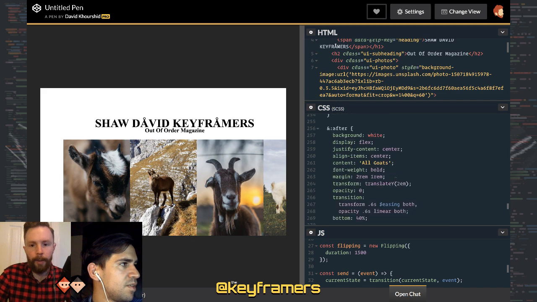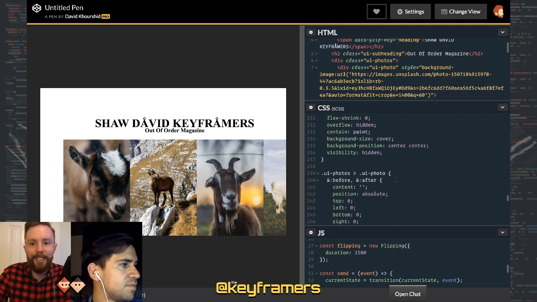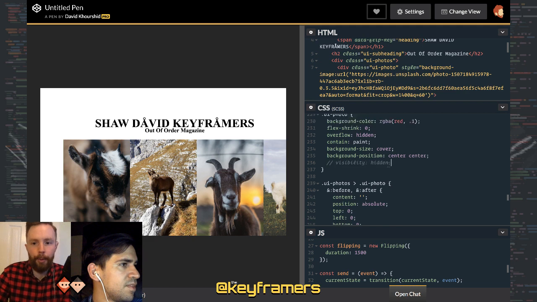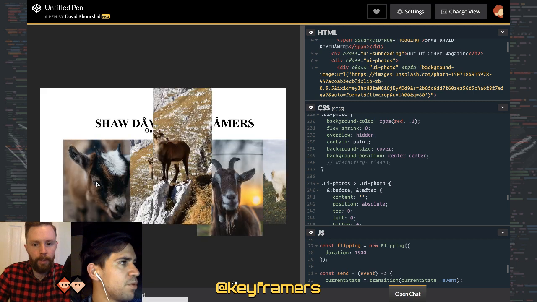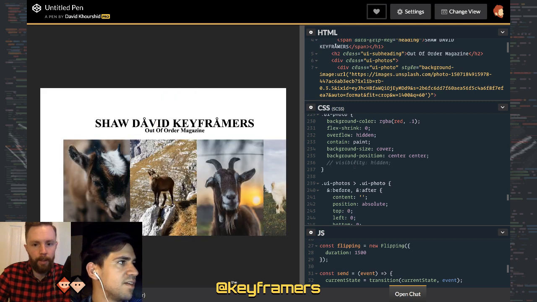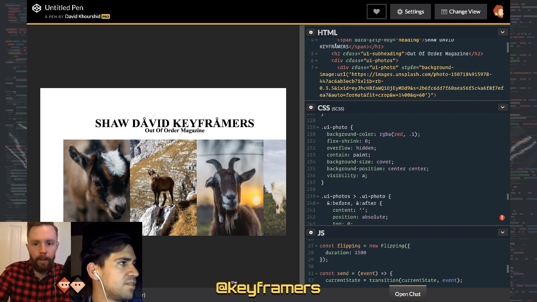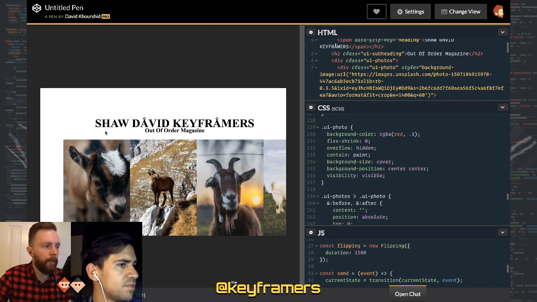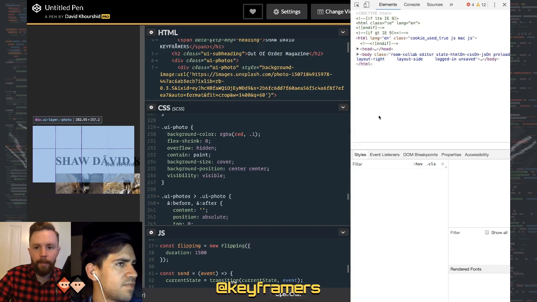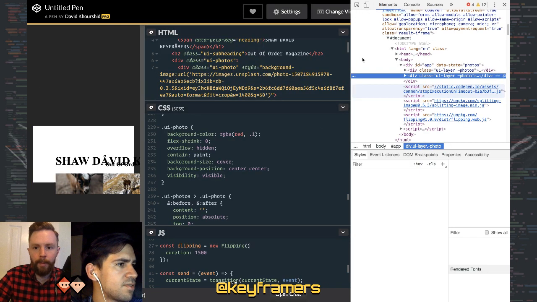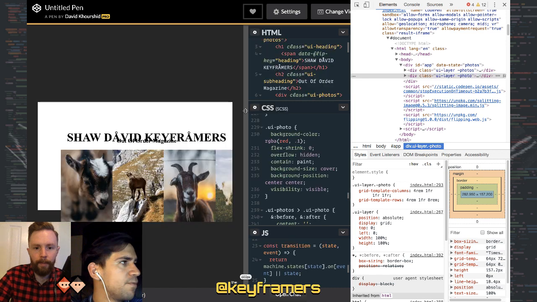Okay. So that is an issue with the visibility hidden, is the pointer events are not triggering. So let me... What if we do pointer events none to these? Does that work? It sort of works. Well, I think maybe some of our states are overlapping. Let's find out real quick. Yeah. So this UI layer photo,